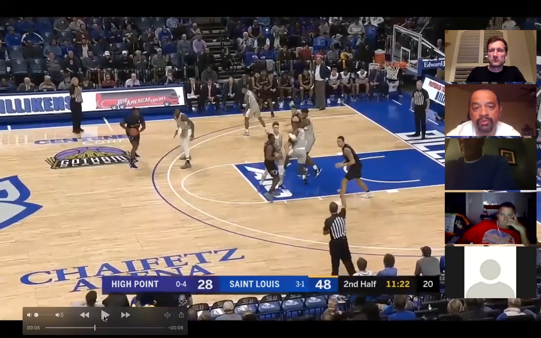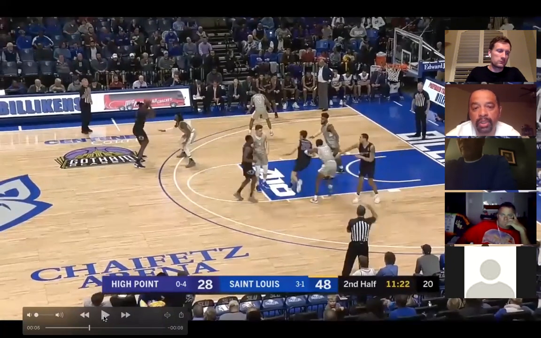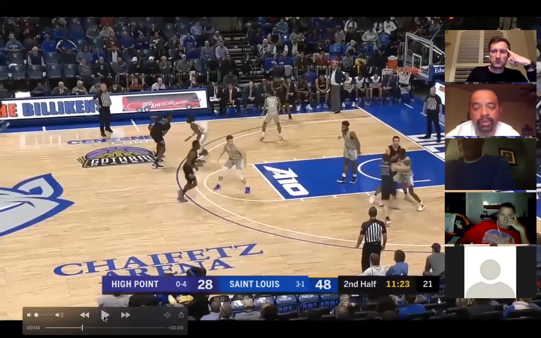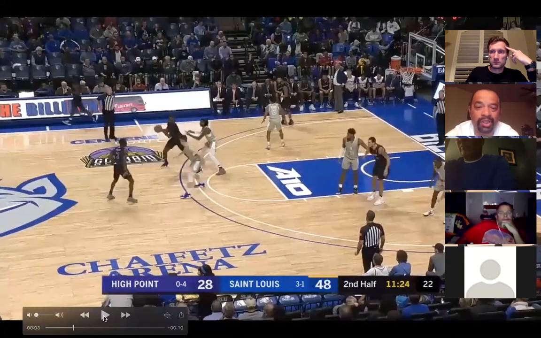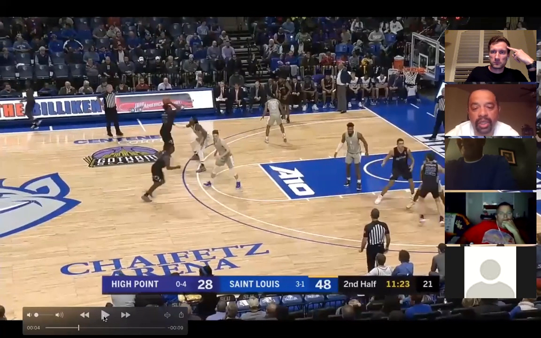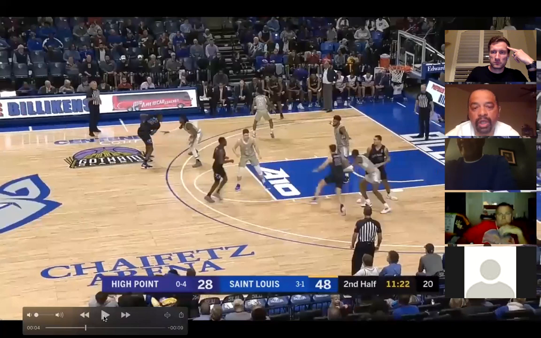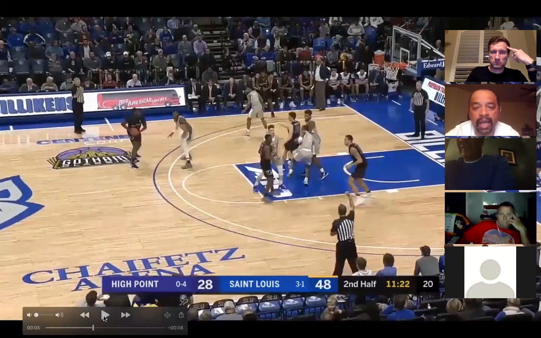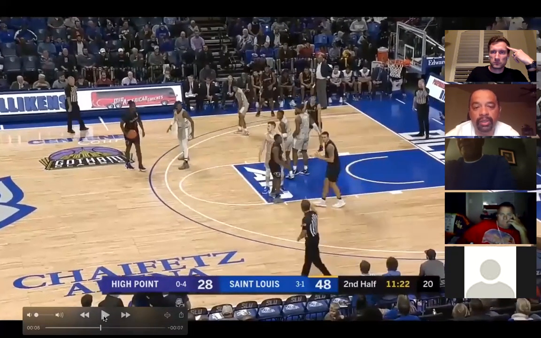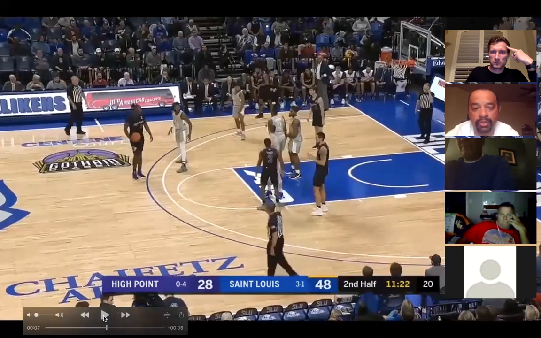And if you call an offensive foul, they're on the road. I hate to factor those things in. I know Kenny doesn't like when I talk about this stuff, but does an offensive foul fit the game? If you call an offensive foul in this play, that High Point coach is going to go, y'all been doing this to me all game, even though it might have been the first call.